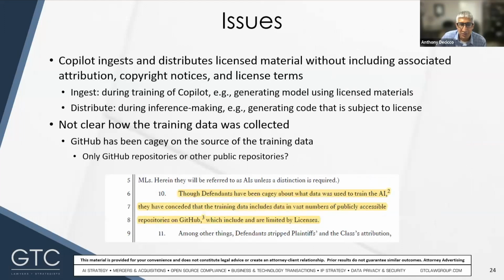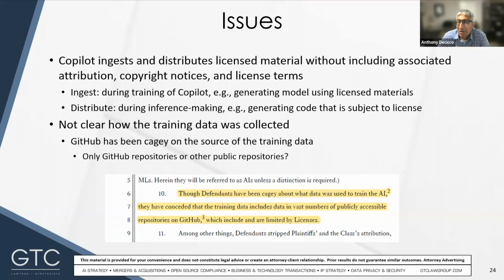So we'll dive into the issues here on the Microsoft Copilot class action. It's alleged that Microsoft Copilot ignores, violates, and even removes the licenses offered by thousands or possibly millions of software developers. So GitHub Copilot could be committing software piracy on an unprecedented scale. Further, the lawsuits claim that the defendants have failed to comply with the licenses attached to much of the training data, and instead they've really just pretended that those licenses don't exist.